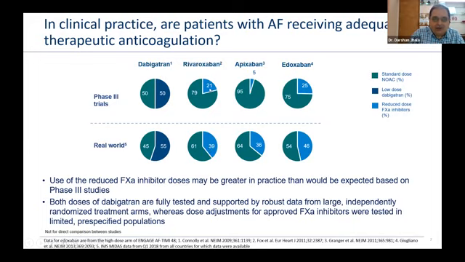So from 20% of rivaroxaban low dose, it went to 40%. And all this because the clinician out there wants to avoid bleed. So basically what we land up is, we do not use recommended doses, but we have a tendency to use lower doses in many more patients as compared to what was there in the trials.